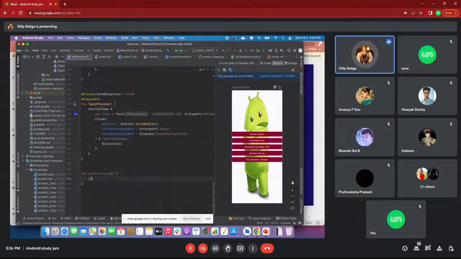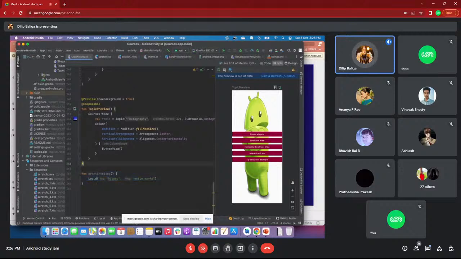And here I'll use Log, which is a tool to print inside Logcat. I add my name as a tag and print the greeting message as hello world. Okay, this is the way. There is no complication while creating a function.